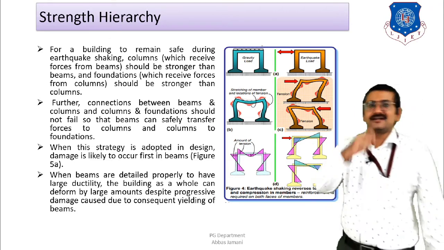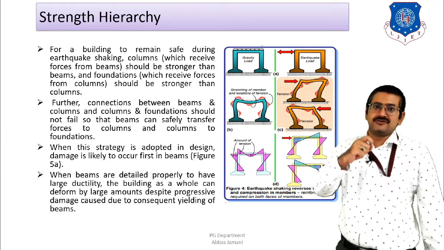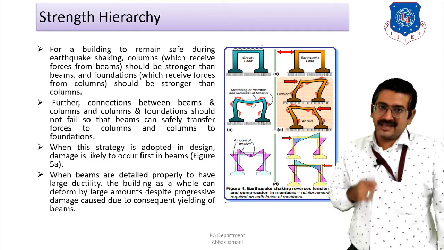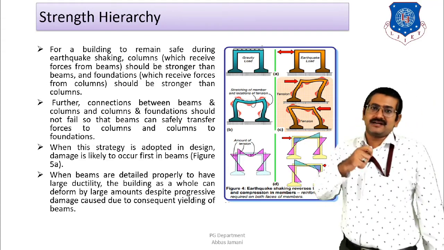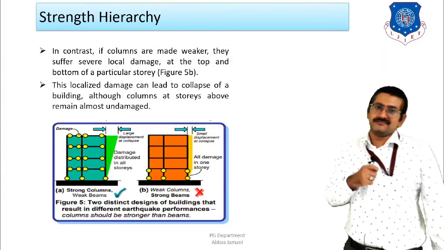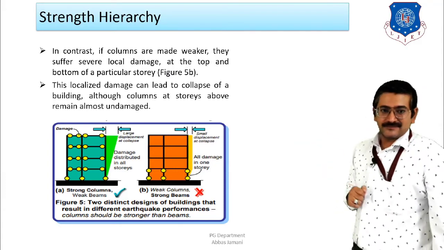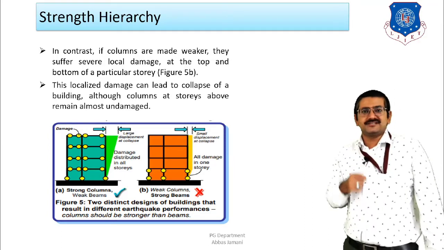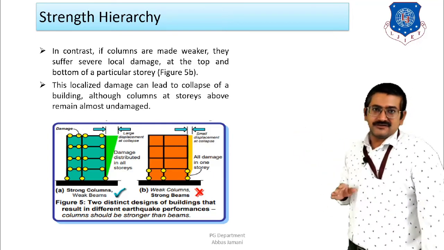Right? So that is why we come to the conclusion that in order to ensure good performance of a building, the column should be strong and the foundation should be even stronger as compared to that of the columns. And if we keep this philosophy in mind, then a particular type of behavior will be observed in buildings, and that behavior is known as strong column weak beam. Right? So two figures are shown over here, where in the first figure the damage or deformation is shown locally at the beam level, and in the second figure the damage is shown in the columns.